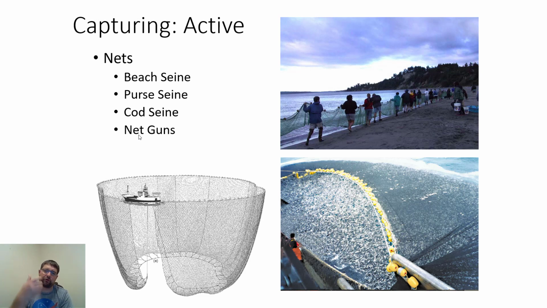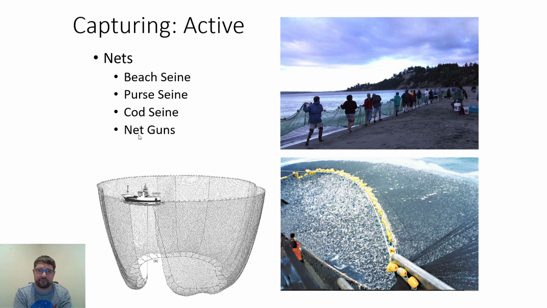At dumps or other regions where you might have a lot of gulls, ravens, and crows that come in, and maybe you're interested in studying these organisms, you can shoot a gun over them or shoot a net over them, capture them, and then go sample them. Pelicans, things that are breeding on islands, net guns are really good for that because you can actively sample a lot of organisms, but it's